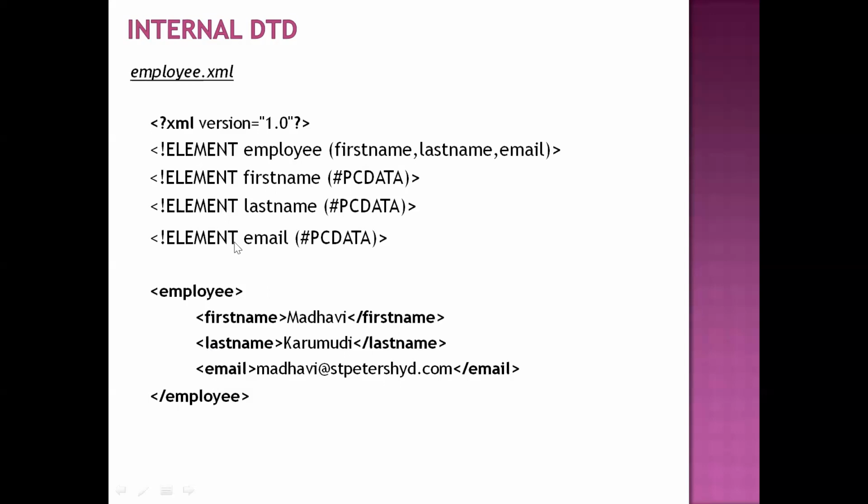And this is about the employee tag. Now individual tags also we need to define. See the definition for the first name tag. Here ELEMENT tag, the name of the element is first name, and the content type is PCDATA, parsed character data. The next element is last name: ELEMENT tag, name of the element is last name, and type of the element is PCDATA. And the email element: name of the element is email, type of the element is PCDATA, right? In whichever order you have specified all these elements in the DTD, in the same order we need to write the definition in the XML document.